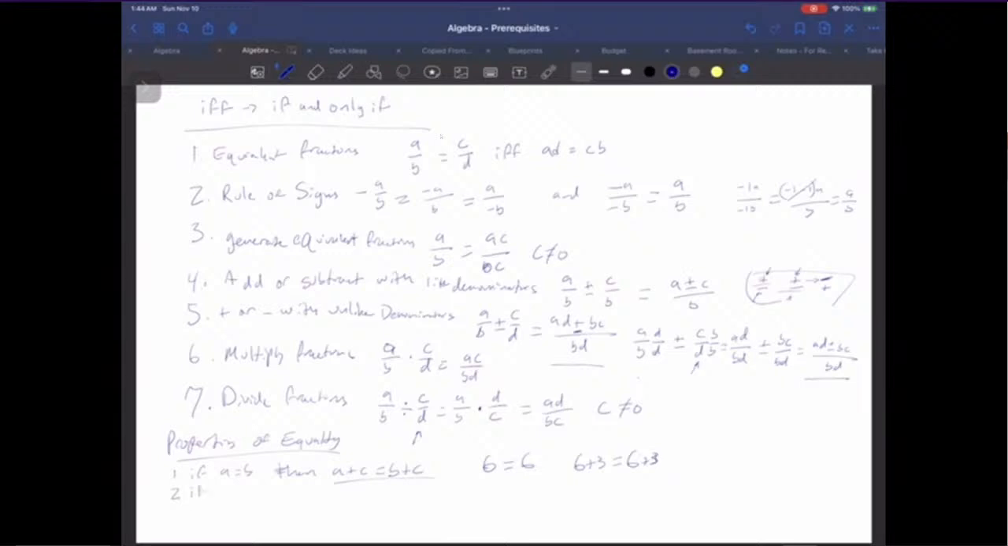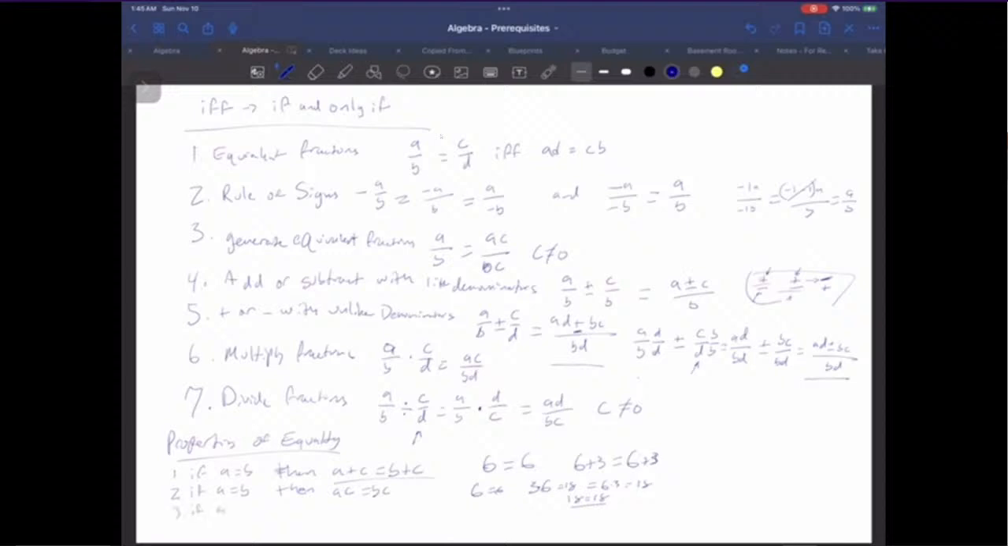If A equals B, then A times C equals B times C. Same thing. 6 equals 6. 6 times 3 is equal to 6 times 3, or 18 equals 18. The equality holds when you multiply things on both sides. Again, we'll need to multiply things to both sides to get rid of terms and do stuff, so this will become important. If A plus C equals B plus C,